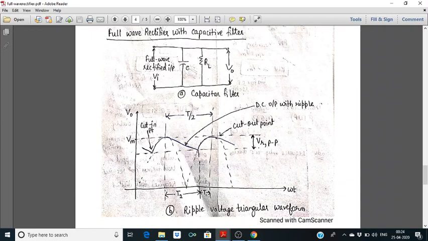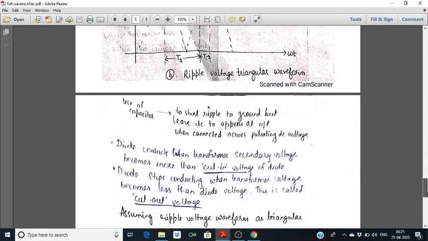So it will charge during the first quarter of the positive half cycle, then it will discharge through RL. Then when the input voltage is higher than the capacitor voltage, it will again charge. So we are getting a somewhat triangular form of ripples. So we are getting this VRPP, the peak to peak of the ripple. This VRPP we can calculate